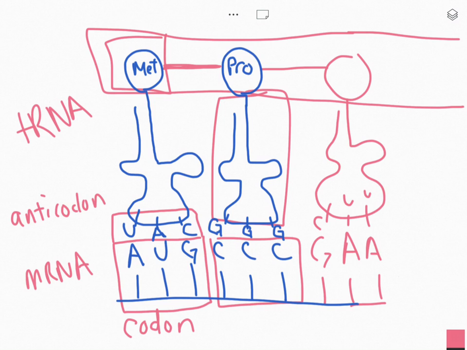Then this tRNA would disappear and everything would slide down the line, and this would keep happening over and over again until at the top you formed this long chain of amino acids, and that long chain of amino